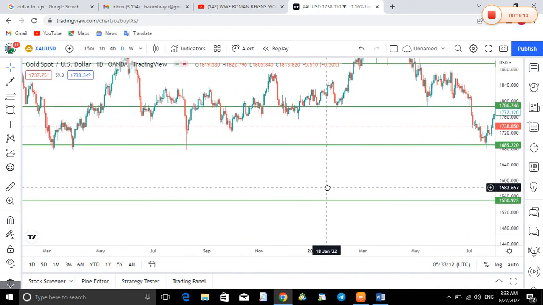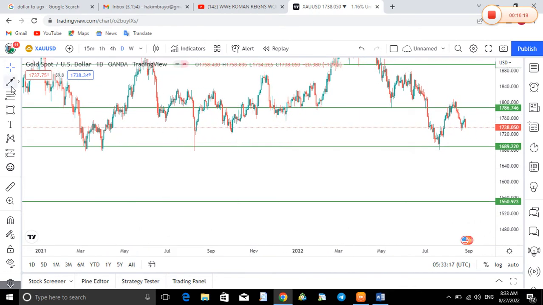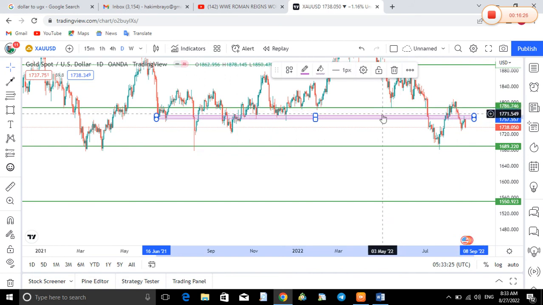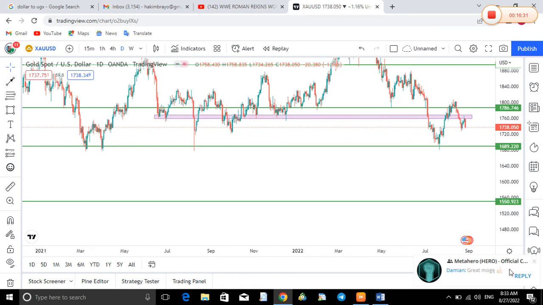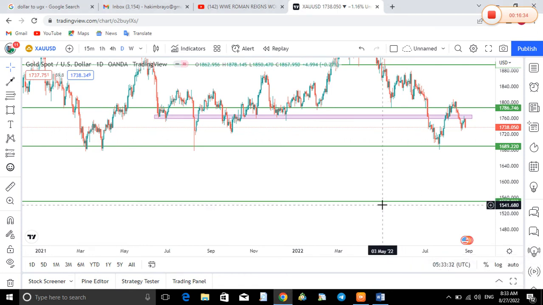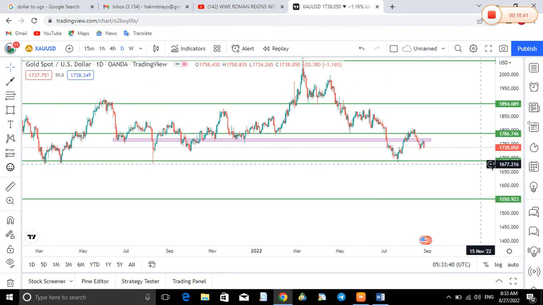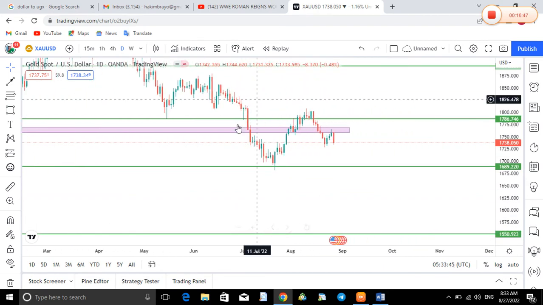If you are following us, we told you for gold, wait for a little bit of a pullback on these particular levels, because the video was uploaded. Go back and watch the full video of analysis which we uploaded when we were analyzing specifically gold. Now we had a breakout and a retest, but if I try to zoom out, you can clearly see that gold is making sort of like a head and shoulders pattern. Now we had